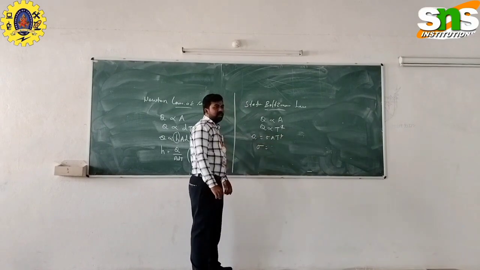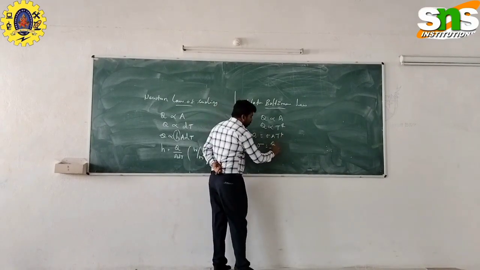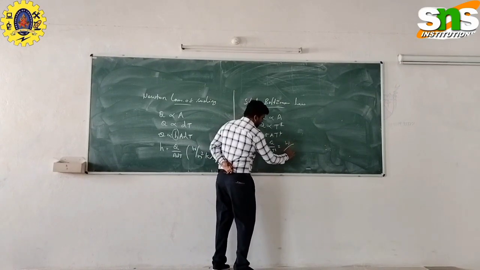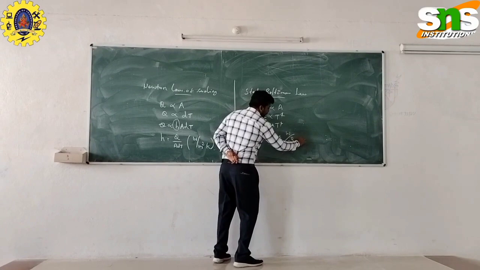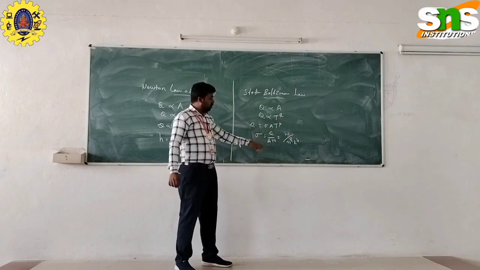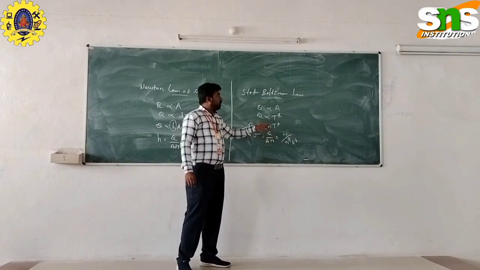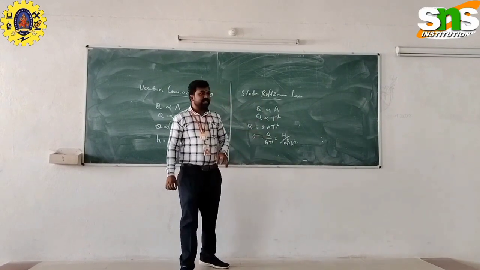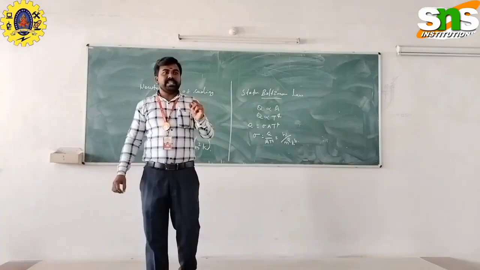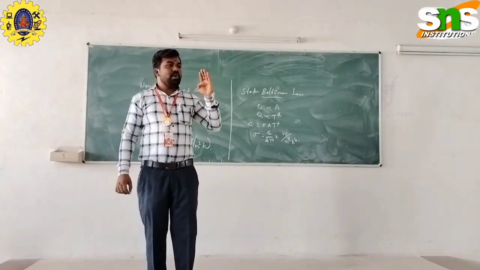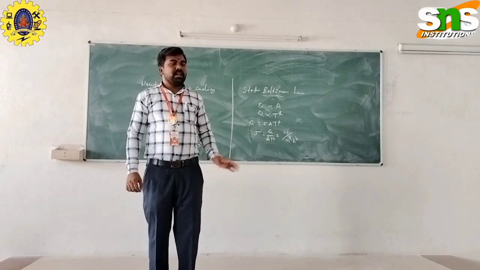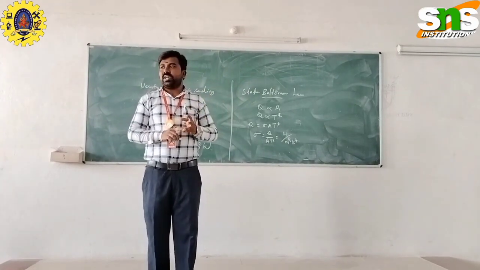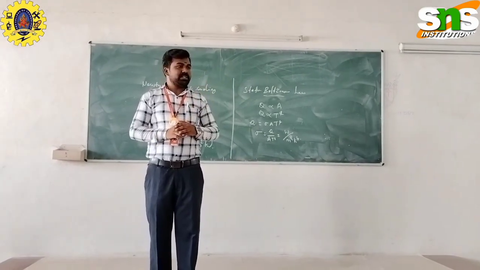Sigma is the Boltzmann constant. Q by A T power 4. This unit is watt per meter square Kelvin power 4, because they are using the fourth power of the temperature. So in the Stefan-Boltzmann law, the constant is defined as the heat transfer per unit area per fourth power of rise in the temperature. These three laws state the convection as well as radiation properties.